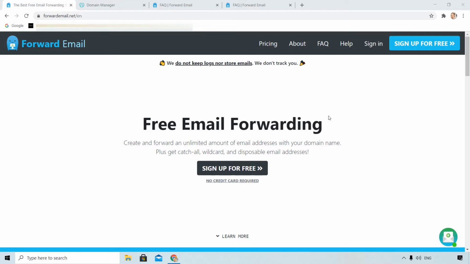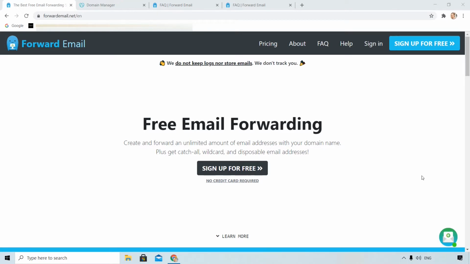So again, there will always be some free email forwarding services, or if you can't find a trusty one in the future, you can move your domain to some registrars like Namecheap or Dynadot that offer free mail forwarding, but with some limitations. Because as things stand now, GoDaddy doesn't offer free mail forwarding as it used to. Okay, let's start with the presentation.